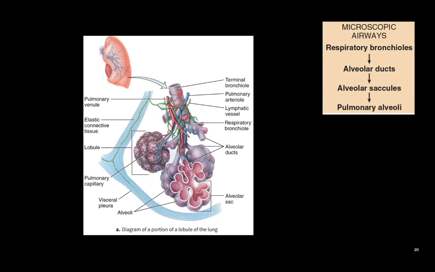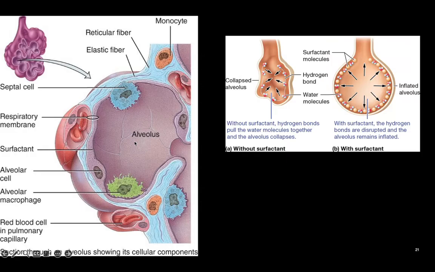All right, moving on. So we have those individual alveoli, right? Now, when we look at a single alveolus, alveoli would be plural, and then just looking at one alveolus, we have a few different cells that we need to identify. There are two types of alveolar cells. We have type 1 and we have type 2. So that's easy. Type 1 alveolar cell is going to be the simple squamous cell of the simple squamous